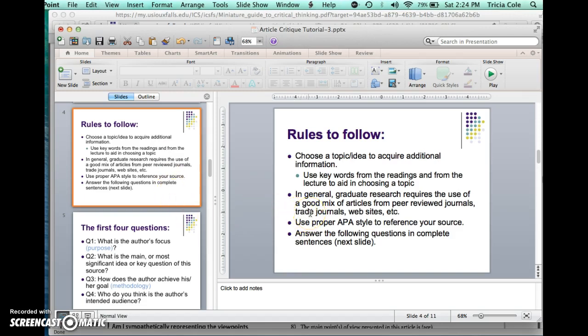We will do 2 article critiques in Business 520. I ask that at least one of your articles is from a peer-reviewed journal. These journals are reviewed by peers in the field before they are published. When you do your research in the library, there is a box to click that indicates that only search peer-reviewed journals. Be sure to use proper APA style in the reference of your source, and then answer the questions in